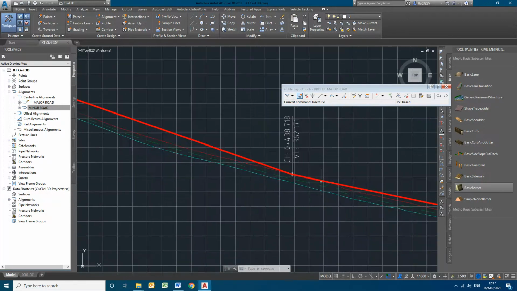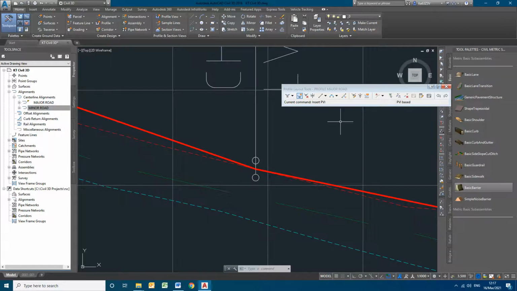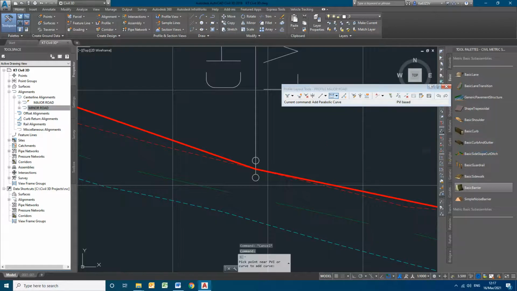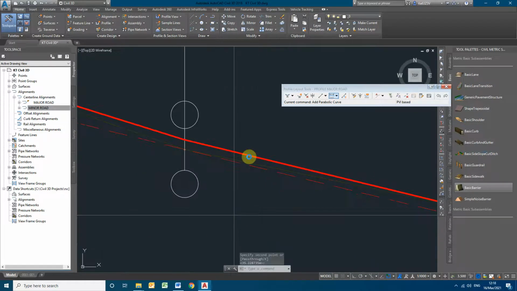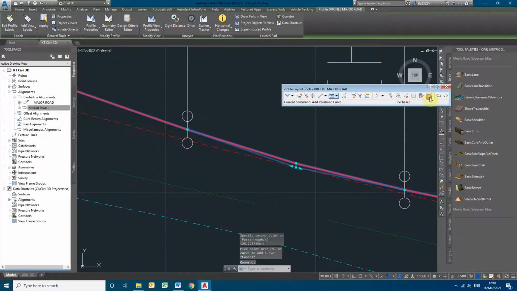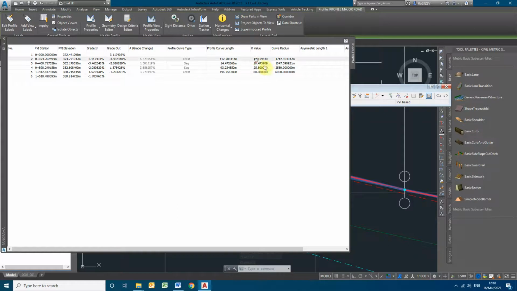I'll tell you how to create a curve for the inserted IP. Let's go to the free vertical curves, free vertical parabola UI based. Clicking on the center of this curve, if you drag this, you can see there is a formation of the curve. You see the curve over here. So in the table view, we can round up the curve lengths, and this 14 meters one curve is the new one that we had created by inserting the IP. So now we can round up the curve lengths.